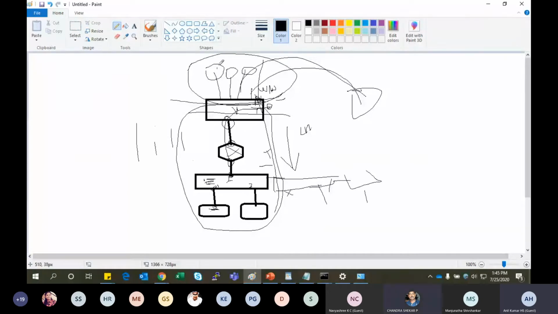Maybe from this link, it has 5 routers in between to reach the destination. From this link, it may have only 4 routers in between. From this link, maybe only 1 or 2 routers. So it will choose this path because it is the shortest path. This router maintains all these routing tables: via this gateway I have 5 routers, via this gateway I have 4 routers, via this gateway I have 2 hops. Like that, it will maintain the routing table.